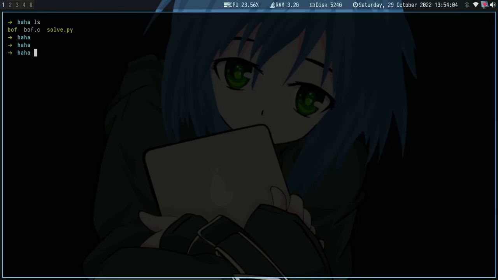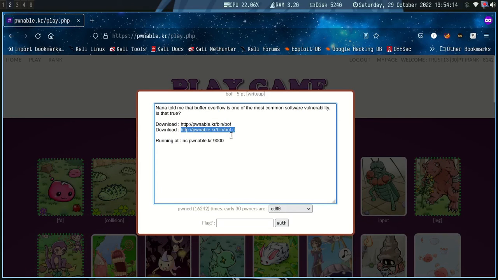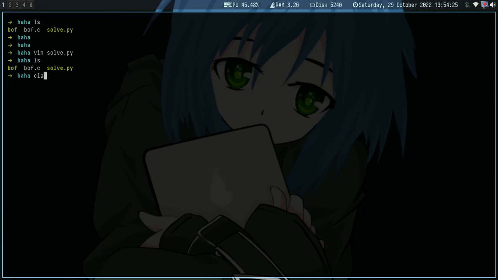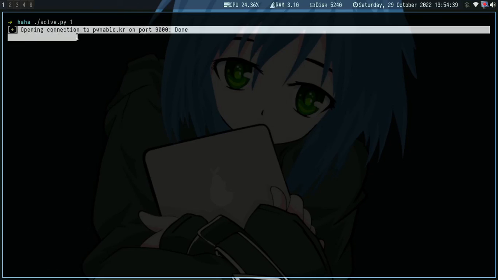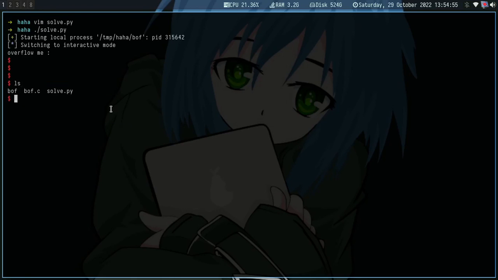What we can do now is try to do that on the remote end, and we need the values for the remote end, so I'll just copy that from here. Yeah, so we can try that. Since our argument vector is more than one, we try to do this on the remote end. So this hangs, and I'm curious why it's hanging. Maybe it's because of the p.recv. Yeah, and we land into a shell.